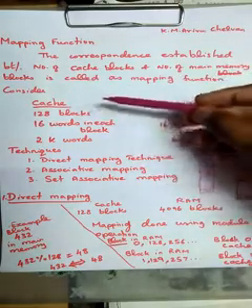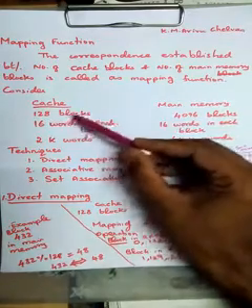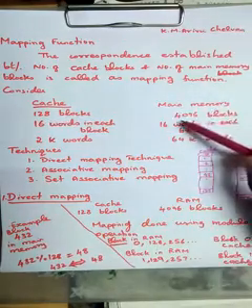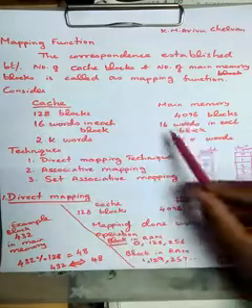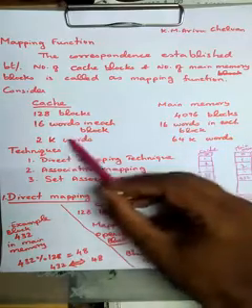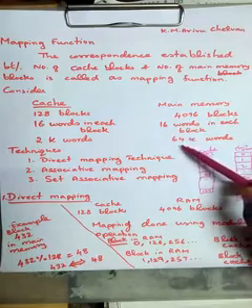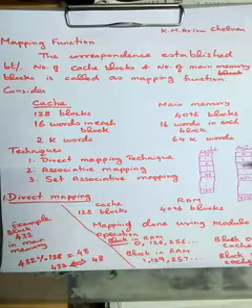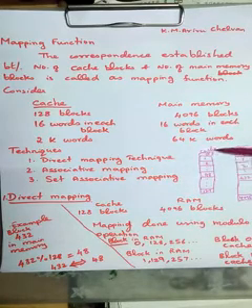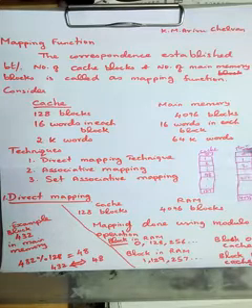Consider one example. We consider that cache has 128 blocks and main memory has 4096 blocks. Each block contains 16 words in both cache memory and main memory. So the total number of words in cache is 2k words and the total number of words in main memory is 64k. Here I have drawn this example. Cache memory has blocks 0 to 127, so a total of 128 blocks, and in main memory we have 0 to 4095, so totally